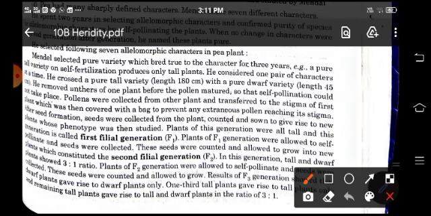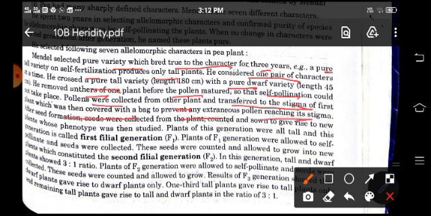Now Mendel selected pure varieties which bred true to the character for 3 years, like a pure tall variety, and self-fertilization produced only tall plants. He considered 1 pair of characters at a time. He crossed a pure tall variety with a pure dwarf variety. He removed anthers of one plant before the pollen matured so that self-pollination could not take place. Then pollens were collected from the other plant and transferred to the stigma of the first plant, which was then covered with a bag to prevent any extraneous